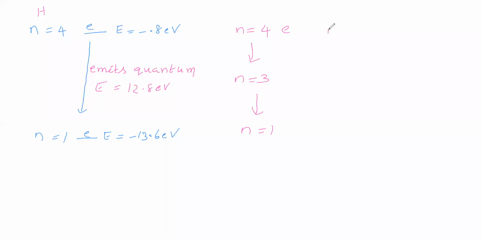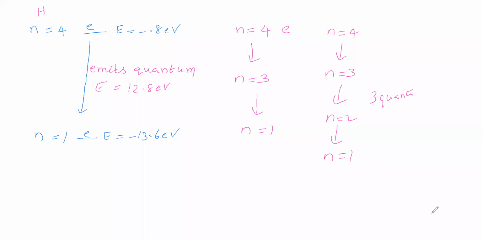Okay. Now the electron present in the fourth level first jumps into the third level. After some time it jumps into the second level. After some time it jumps into the first level. Finally it came to the first level. Now you are saying that 3 quanta are emitted, and they have different energies.